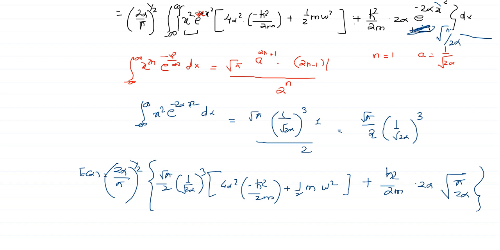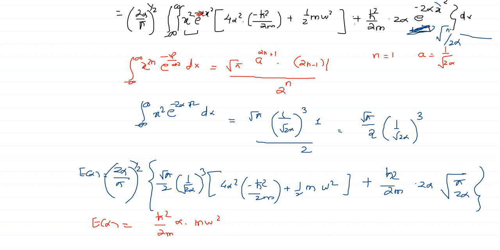Now we can simplify this, since we know alpha raised to 3 by 2 will multiply this, and here is alpha raised to 1 by 2. So we can get two terms here. I am just skipping a few steps and writing down the final answer. If you solve this properly, you will get the final answer as E of alpha equals h bar square by 2m alpha plus m omega square.